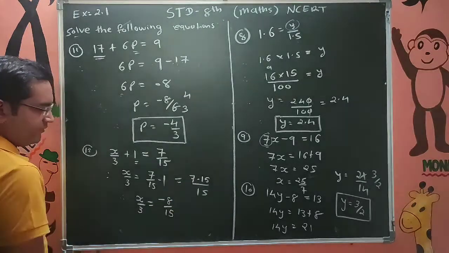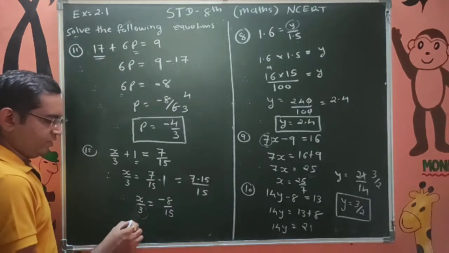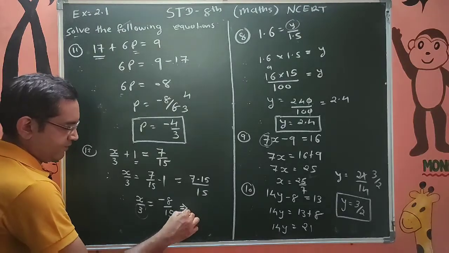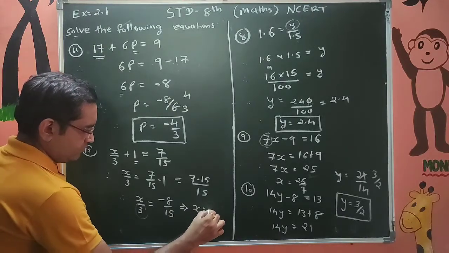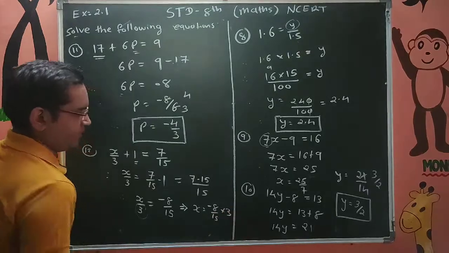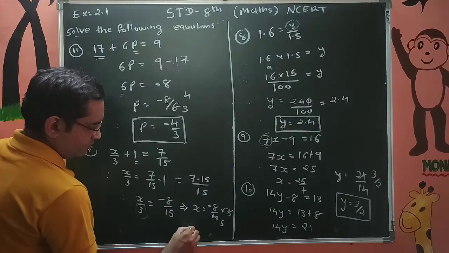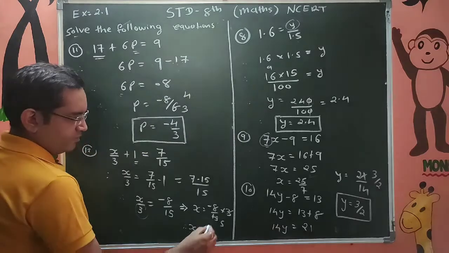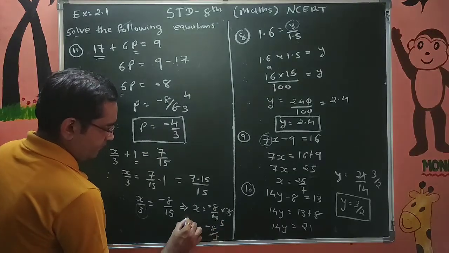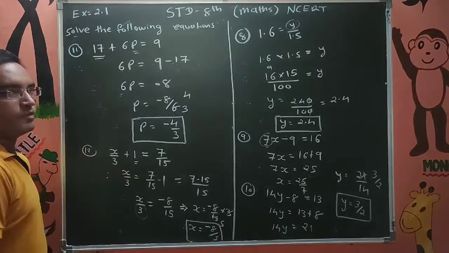by 15. Now you have to consider this 3 which is in division with the x. So it will go into the multiplication. Therefore, we can write x equal to minus 8 by 15 into 3. So again cutting, 3 5s are 15. So the answer x is minus 8 by 5. Clear students? So this is the exercise 2.1 of chapter 2.